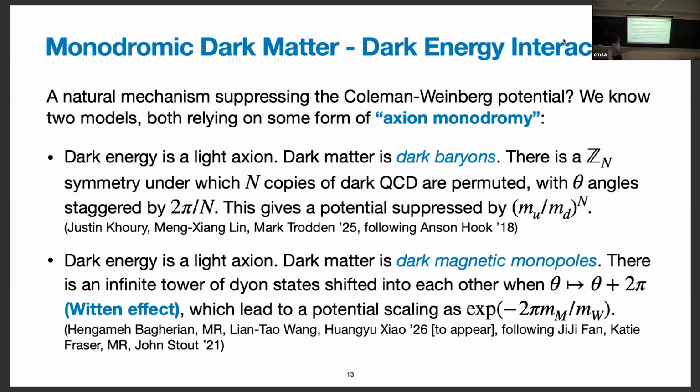And what you're left with is an exponentially suppressed thing that depends on the ratio of the monopole mass and some measure of how split the different electrically charged states are, which for an 't Hooft-Polyakov monopole would be like the W mass. But in general, there's some number like that that appears inside an exponential.